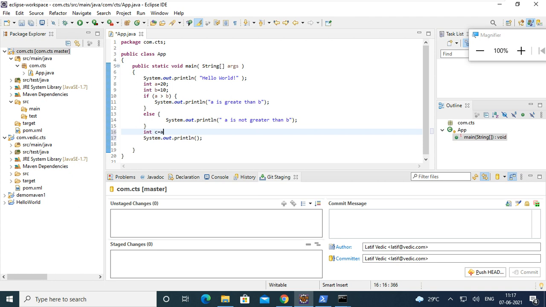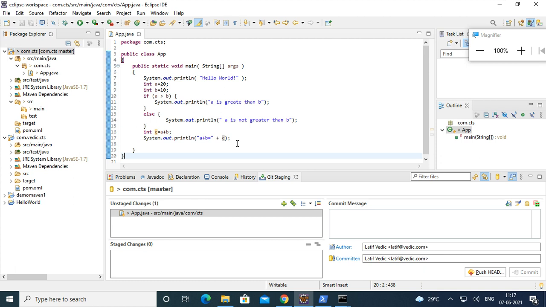Integer c is equal to a plus b. Then I put a plus b equal to plus c. Java is a language of this kind, right? So save it. I just added a plus b this kind of stuff.